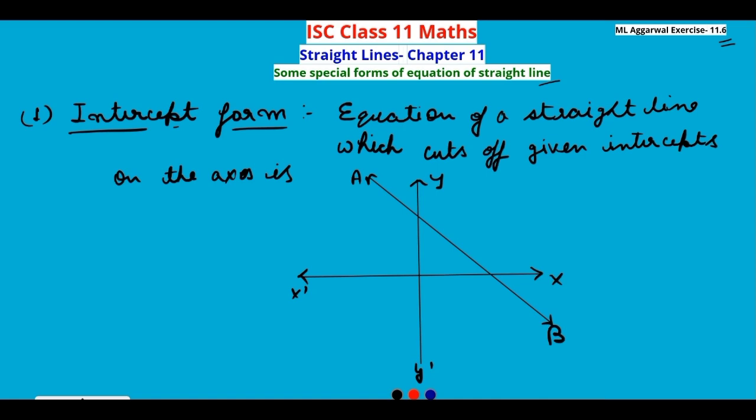Equation of a straight line which cuts off given intercepts on the axes. Suppose we want to know the equation of AB such that the intercept cut on the x-axis by AB is A and the intercept cut by AB on the y-axis is B. Lengths of intercepts on both axes are given, then the equation of the line will be x upon A plus y upon B is equal to 1. इसको हम ऑलरेडी प्रीवियस वीडियो में प्रूव कर चुके हैं. देखते हैं नेक्स्ट फॉर्म,